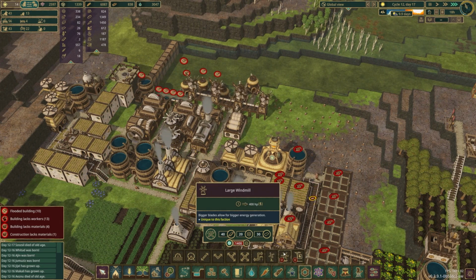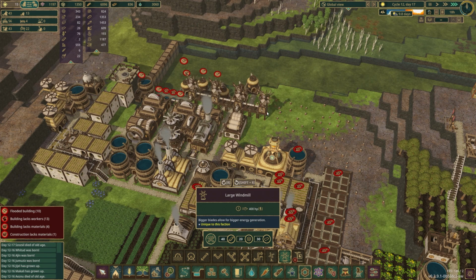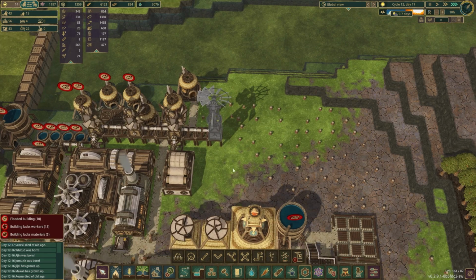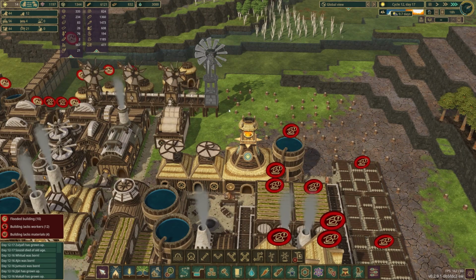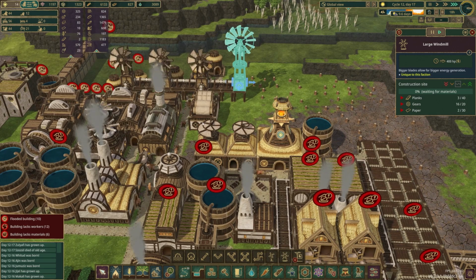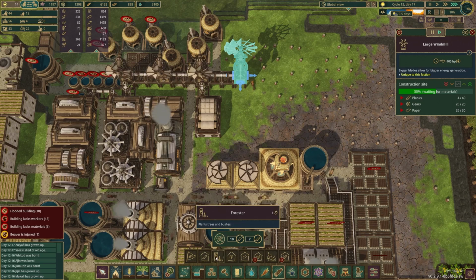All right, so we're not going to have... Oh, we almost have 30 paper, so I guess I can go ahead and unlock the large windmill. And I think I can just do a direct replacement here, no? Yeah, let's do that. We'll just slowly do these one by one. We should pretty much be good to go, except planks are going to be kind of a problem. And we have plenty of wood stored up, so I think I'm...